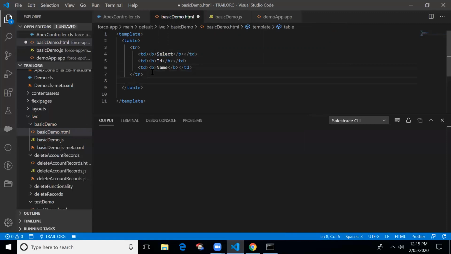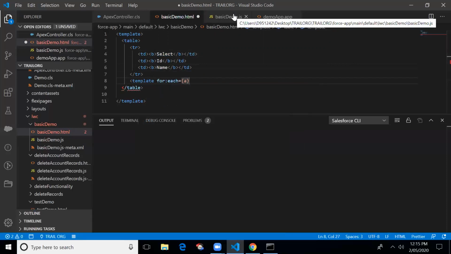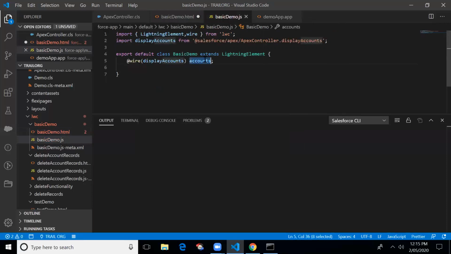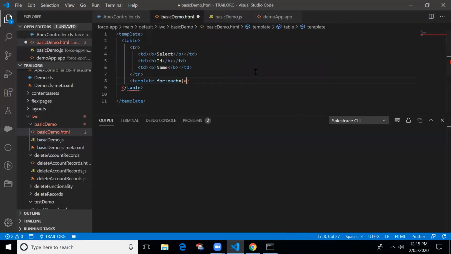Now I'll iterate the records using template for:each. The data will be present in the accounts reference variable, so to access the data we have to put accounts.data, for:item equal to acc.